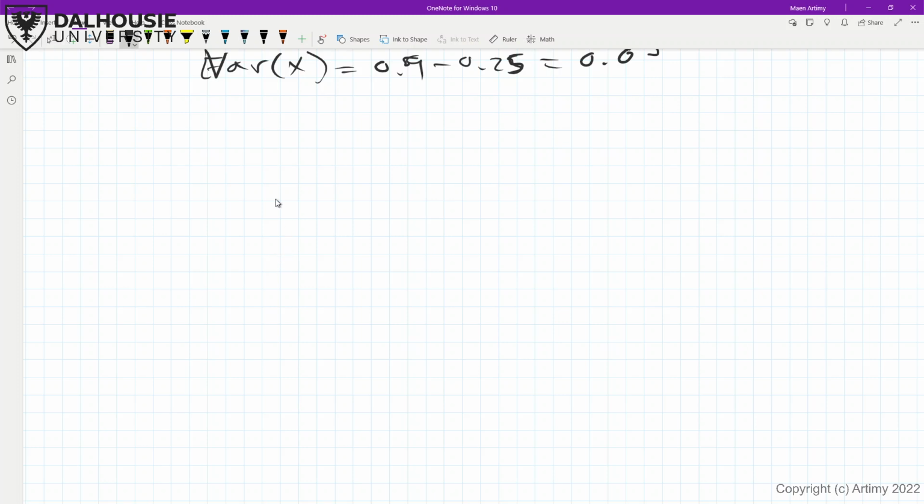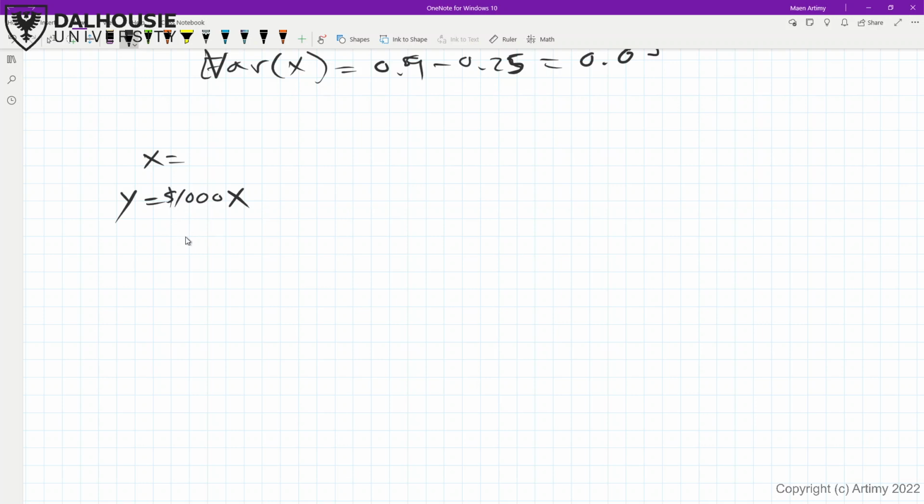So for every point you earn, you get $1,000. So let's say X represents the result of the game, right? So let's say Y represents the winnings. So that will be 1000x,